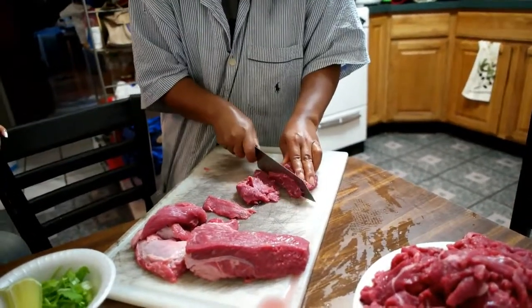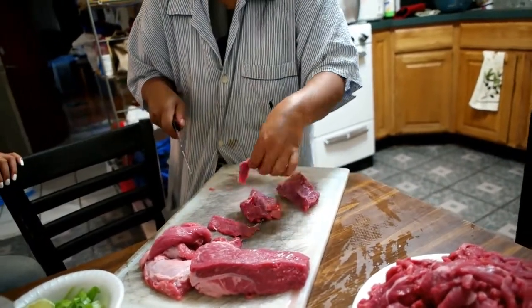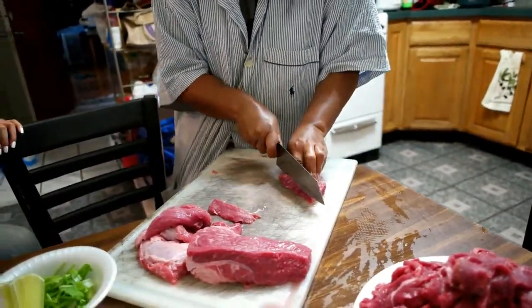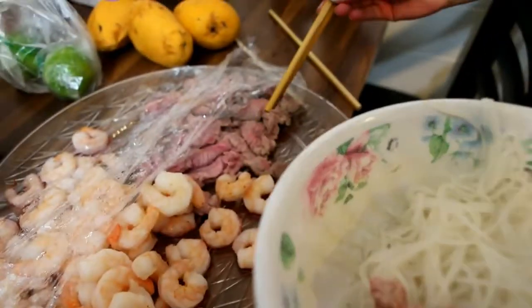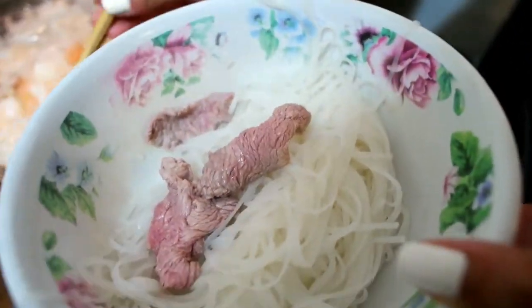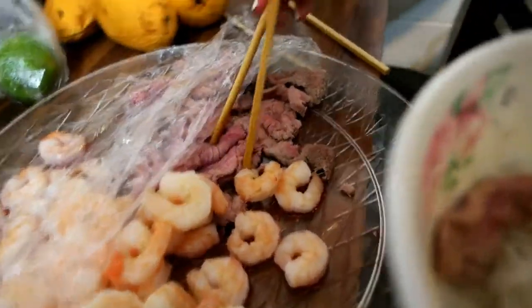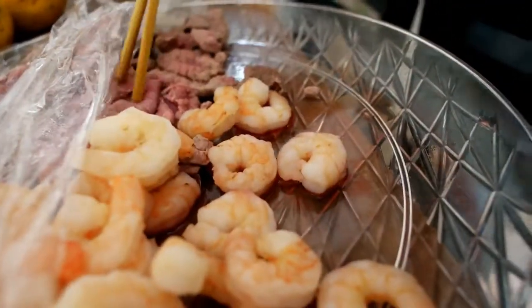I think a lot of people that don't know much about Cambodians or our culture, I know that with a lot of Southeast Asian cultures, a lot of people of color, we usually make a lot more food than there are people. Yeah. Why do you do that? Why do you think that we do that? I think